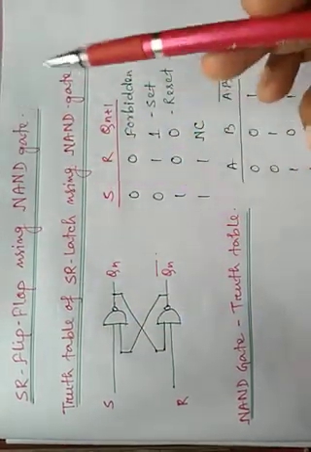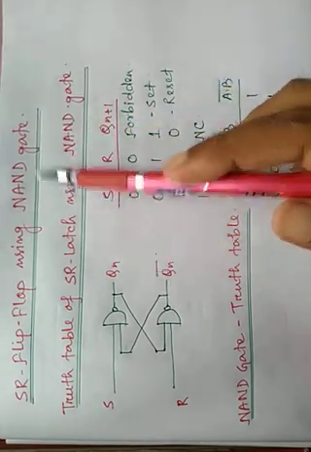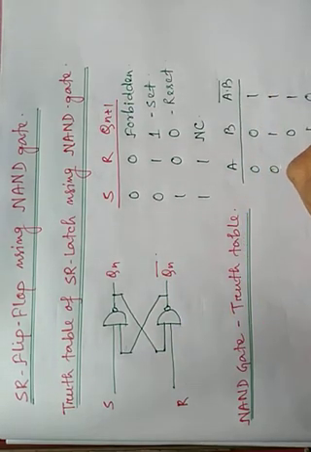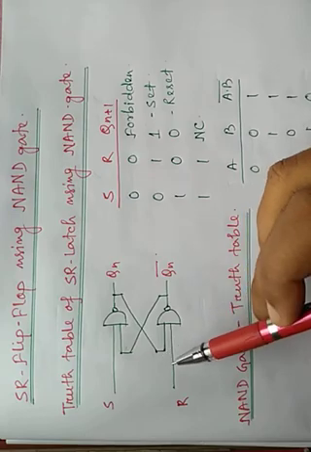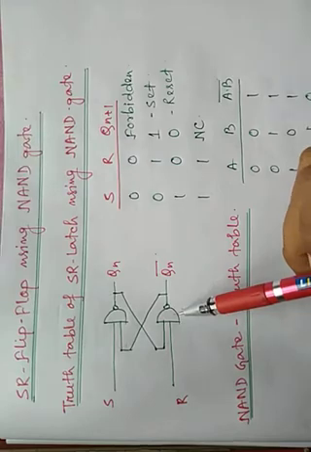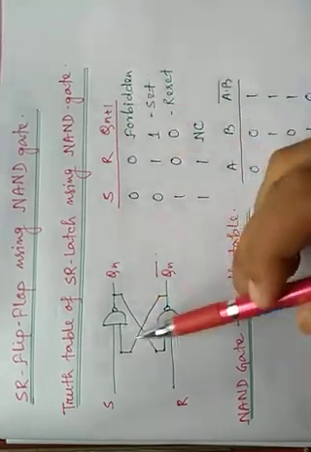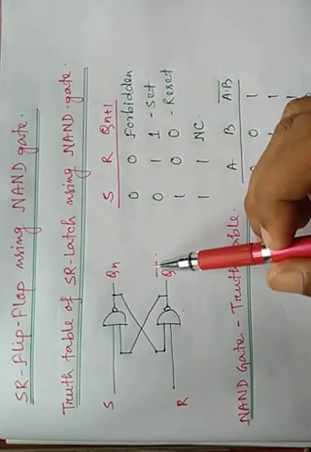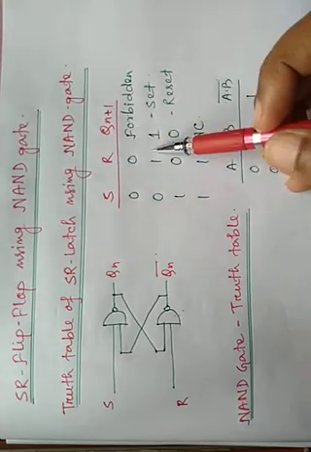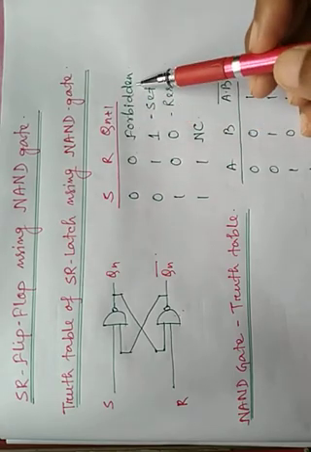as a NAND flip-flop is always constructed by using the NAND latch with some extra additional logic gates to feed the clock signal into the circuit. So this is our SR latch using NAND gate, and in this latch, when S and R are 0 0, it is forbidden. It is just the reverse of the SR latch using NOR gate. NAND gate and NOR gate are just reverse. Here, when both S and R are 0, the output is forbidden.